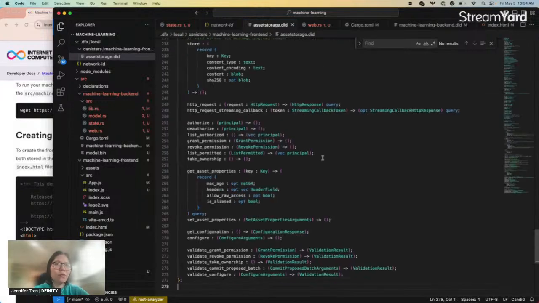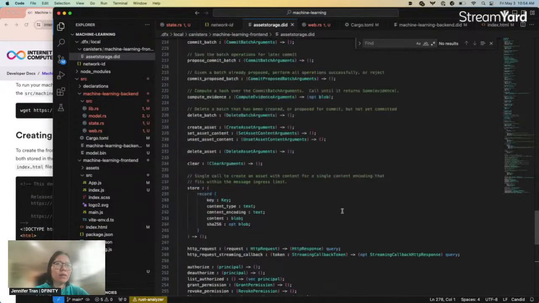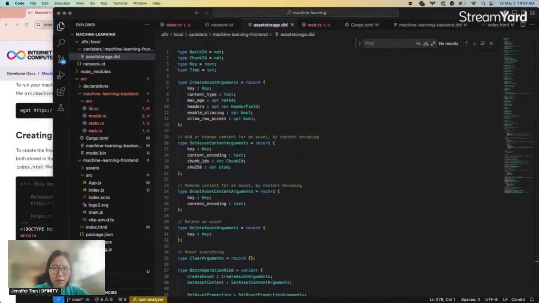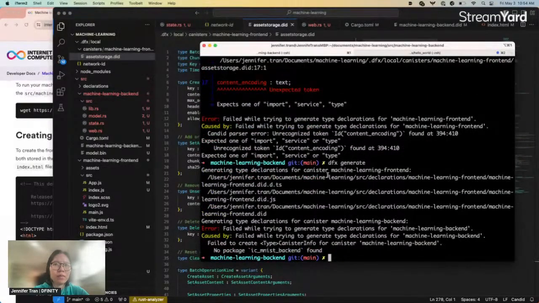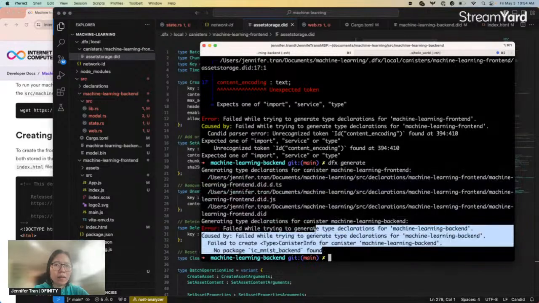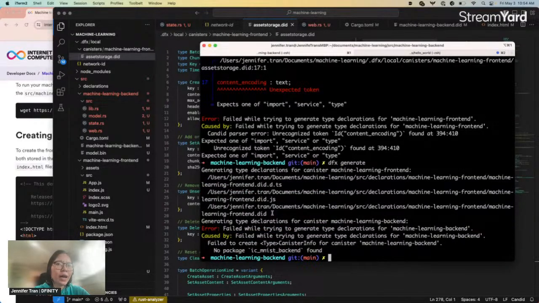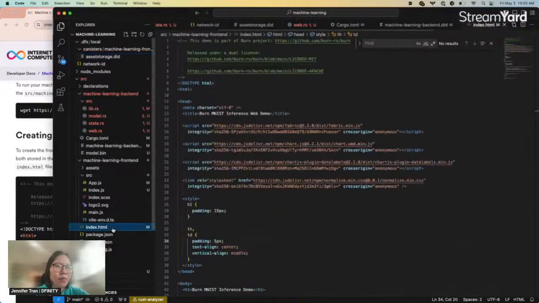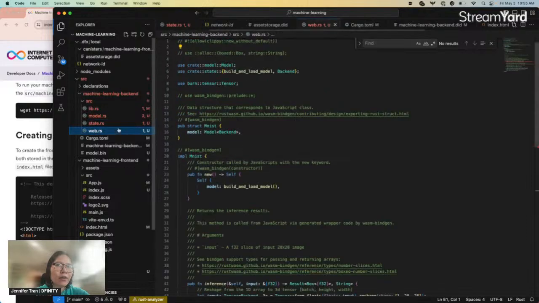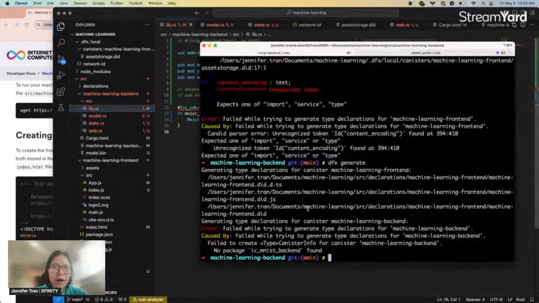Okay, let's see if this will work. All right. So yeah, I did create this. I'm not sure why I didn't have this asset connected, but I added it. And the next thing is we're just going to try to fix the errors as we run the backend. So let's take a quick look here.